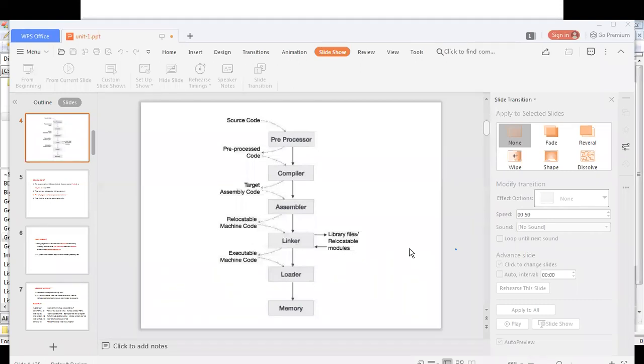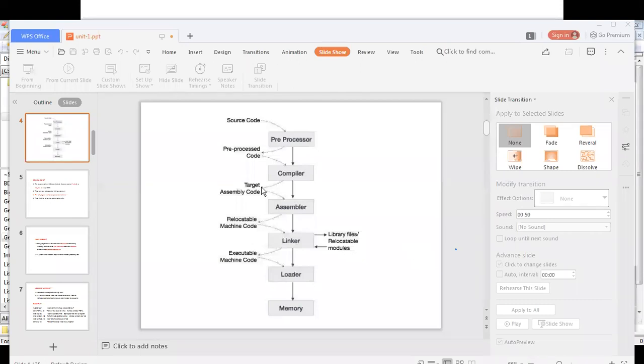System softwares are the softwares which are used by the computer system for its internal work, whereas application softwares are softwares which are directly used by the user, like in our mobile applications: YouTube, WhatsApp, Facebook, Gmail. All these are application software. The operating system, compiler, assembler, linker, loader, sound drivers, audio drivers, video drivers, all these are system softwares used by the system for its internal work. Clear?